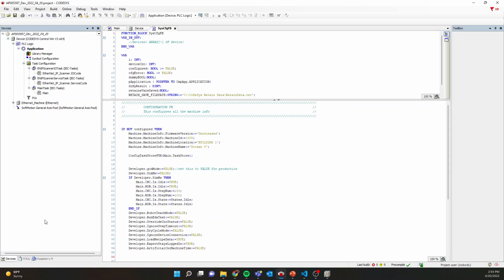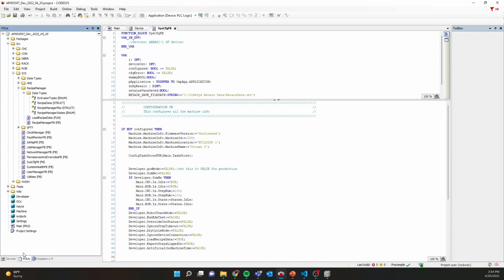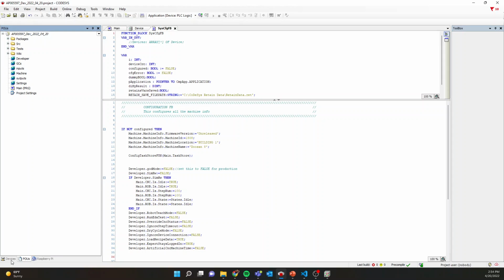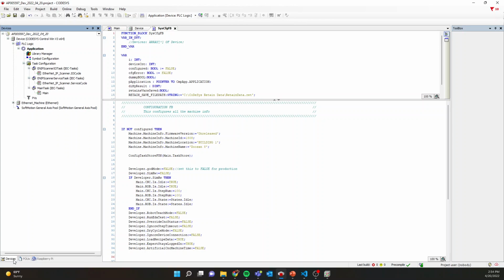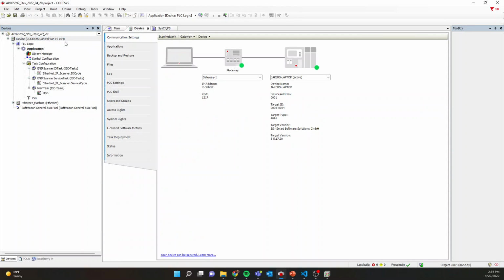So when you first open up a Codesys project, you'll likely see one of these tabs open. The devices tab basically allows you to designate different hardware that you want to include in your project. At the very top level, we have our PLC device, which is the Control Win V3. That's our soft PLC running on my local laptop here. But you can change